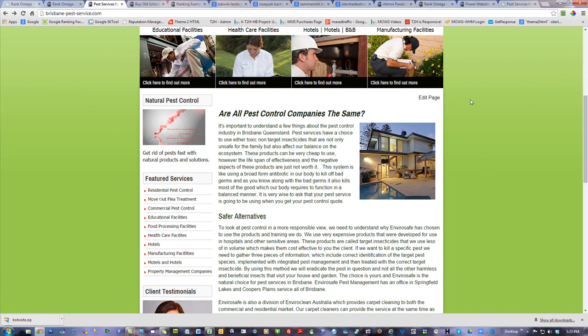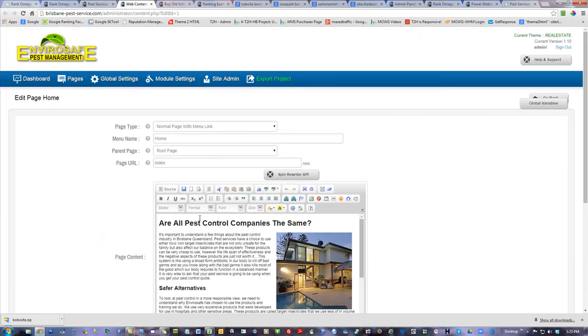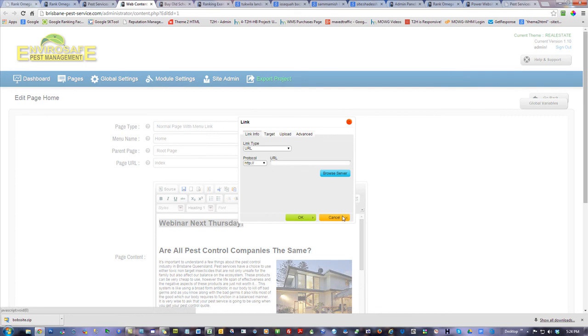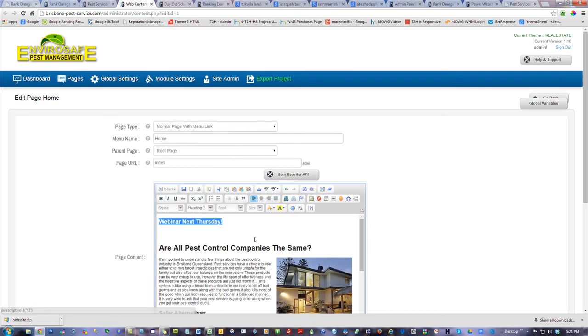How much would you normally have to pay someone to put that in? 100? 150? Well, with a control panel, you pay nothing. Just go put it in yourself. Heck, when you're logged in, you can even edit your own page just by clicking it, whatever page it is, and go put it in there. Just click in here, add some space, come up, type it in, put in your note, webinar next Thursday. Okay, and you could literally put your note about who's coming, stick a link onto that, just stick it on there. Okay, and then you could decide whether it's a heading 1, a heading 2 tag. You can center it if you would like. You can yellow it out so that it's in yellow. Okay, and then when you save,